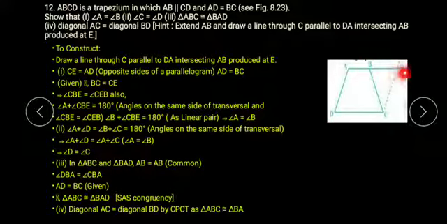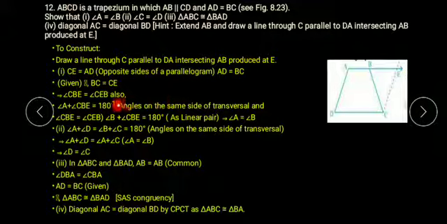Now see here, as it is a parallelogram, AD is equal to CE, whereas in the question ABCD is a trapezium, it means AD is equal to BC. So we can conclude that BC is equal to CE. So now see here, this is equal to this one and this one is equal to this one. So we can say these two are also equal. Now if these two are equal, it means angle CBE is equal to angle CEB.